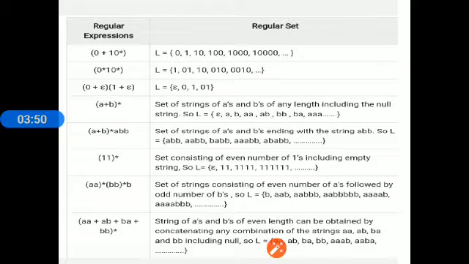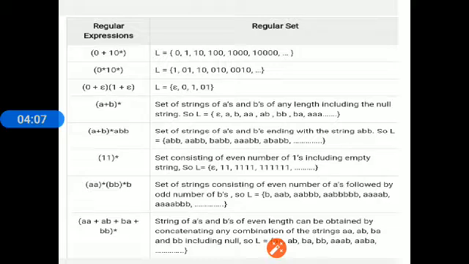But what is the difference between the first regular expression and the second? Here the occurrence of 1 is compulsory, because there is no plus symbol, there is just a continuation of the string.